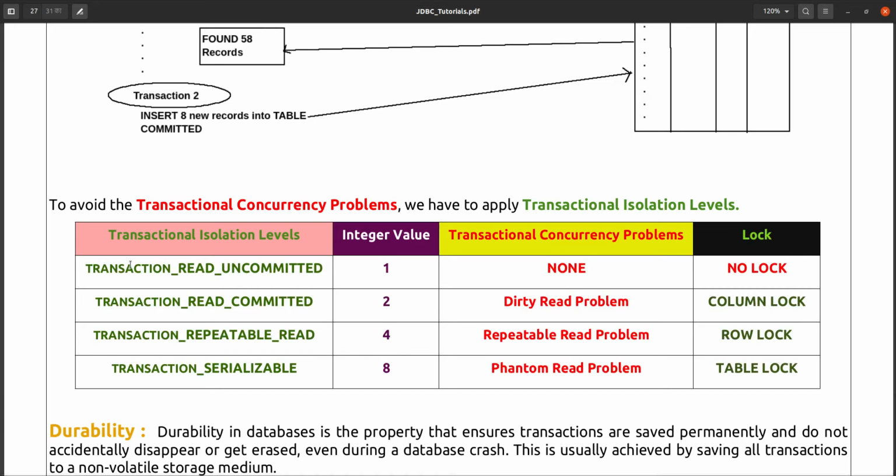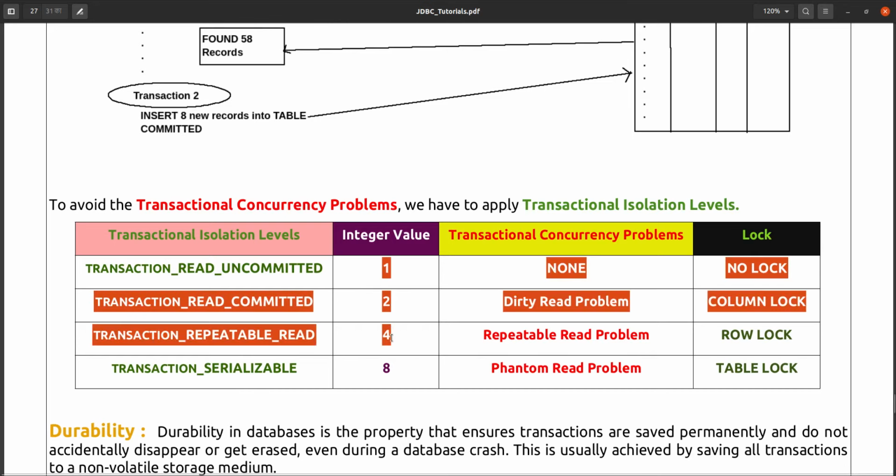Transaction read uncommitted is a transaction isolation level, meaning you are allowing reads of any data without any lock. There is no lock, so it is called read uncommitted. Even if the value is not committed, you are allowing it to be read. But if you don't want to allow reading of uncommitted values, you have to apply the transaction read committed isolation level.